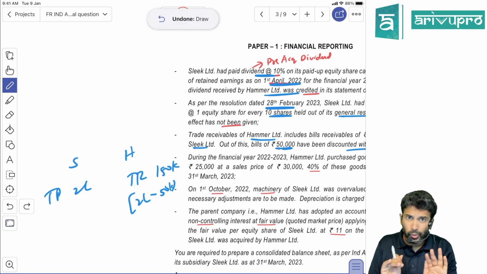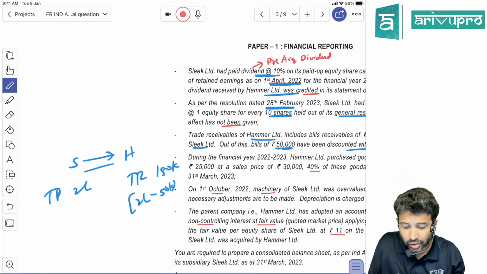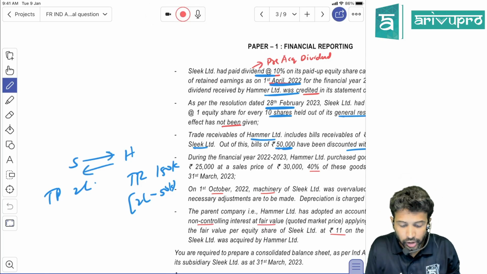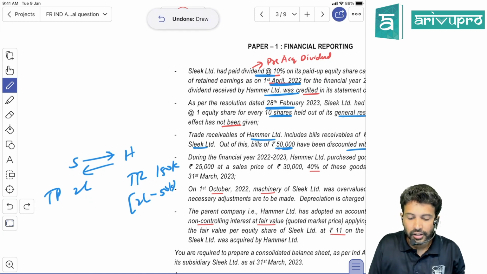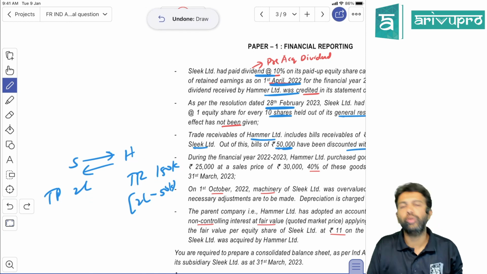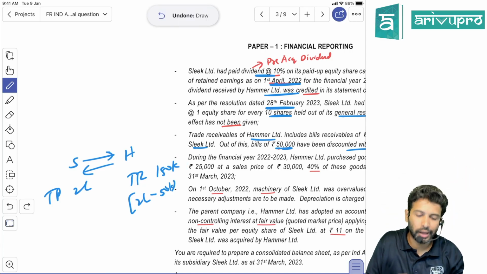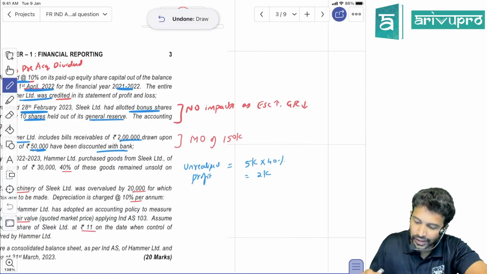So will you cancel 2 lakh? No. Mutual owing means how much the subsidiary has to pay the holding, or the holding has to pay the subsidiary company. But here, out of this 2 lakh, the subsidiary company has to pay 1,50,000 to the parent and 50,000 to the banker, because the banker has that bill. So mutual owings is not 2 lakh here, it is 1,50,000. That is one hidden adjustment over here.